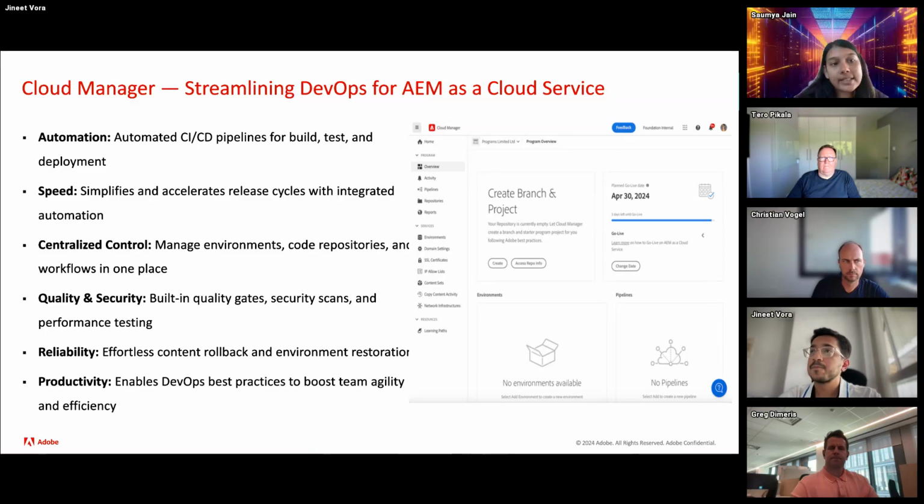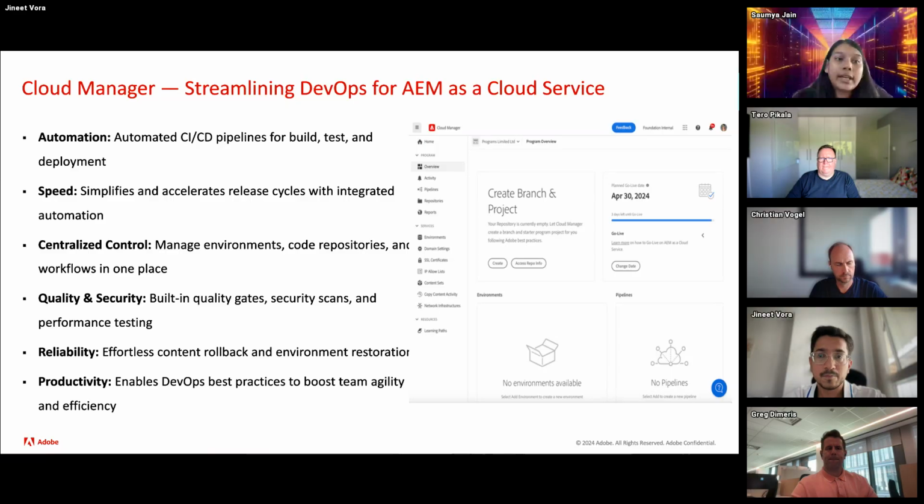It simplifies your development and deployment workflows with integrated pipelines and automations. You can manage your environments, pipelines, repositories, and even restore content all in one place. It also has features like domain settings and SSL certificates, if you choose to use Fastly CDN. So you can manage your domains and SSLs here itself.